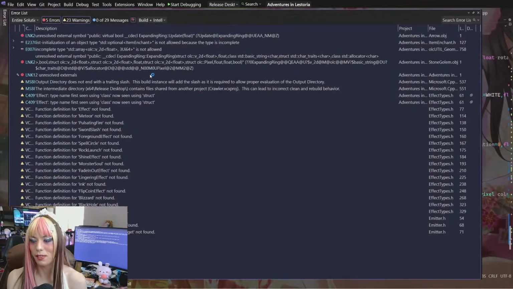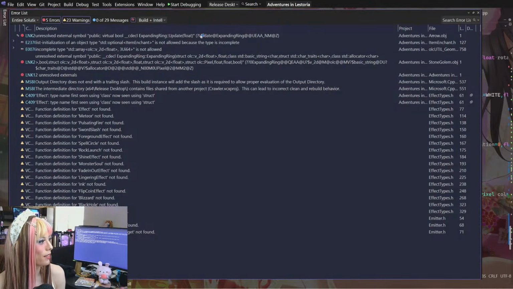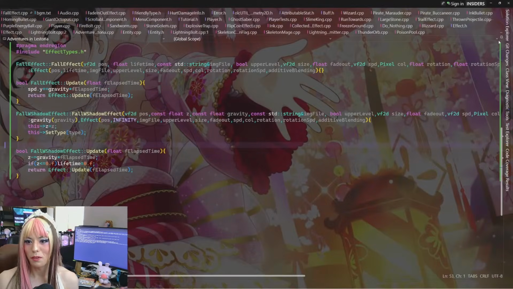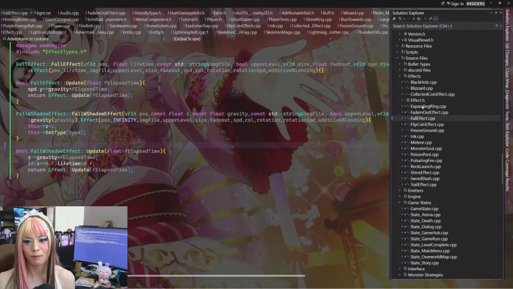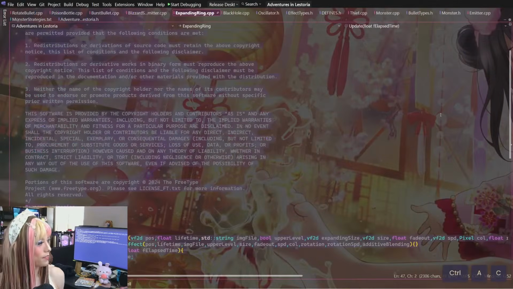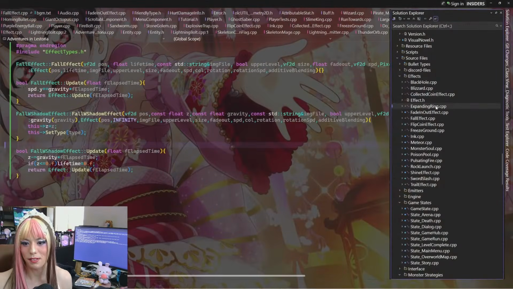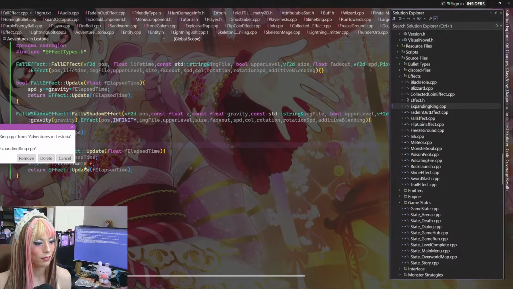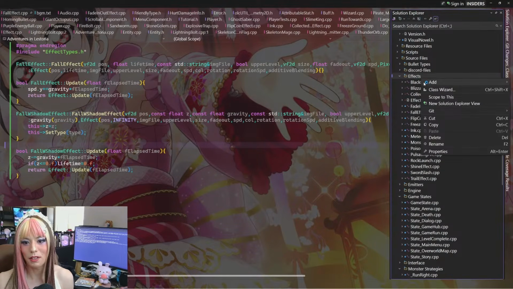Oh look, some of the linker errors went away, so I was right. It's Visual Studio being stupid. Okay. So I assume the same thing happens here. It doesn't think this file needs to be compiled, so I'm gonna delete it and then I'm going to recreate it.